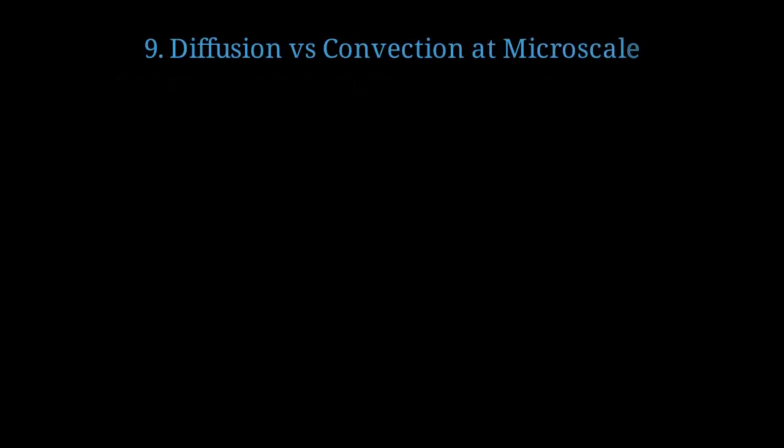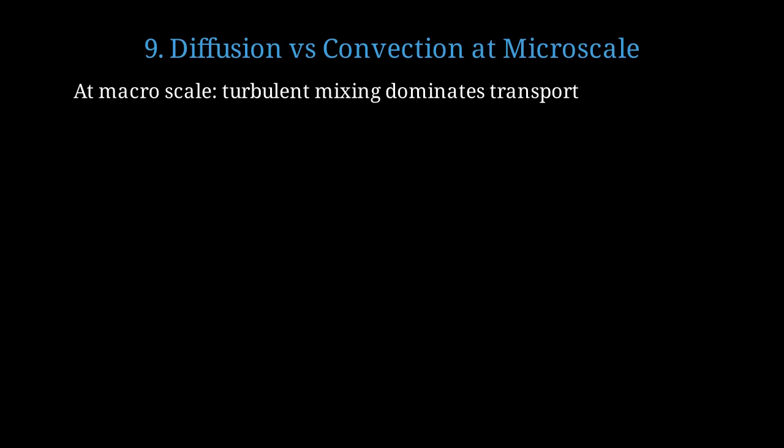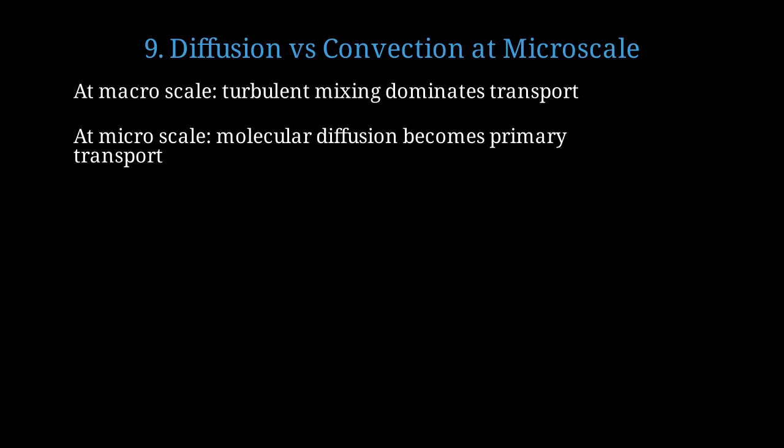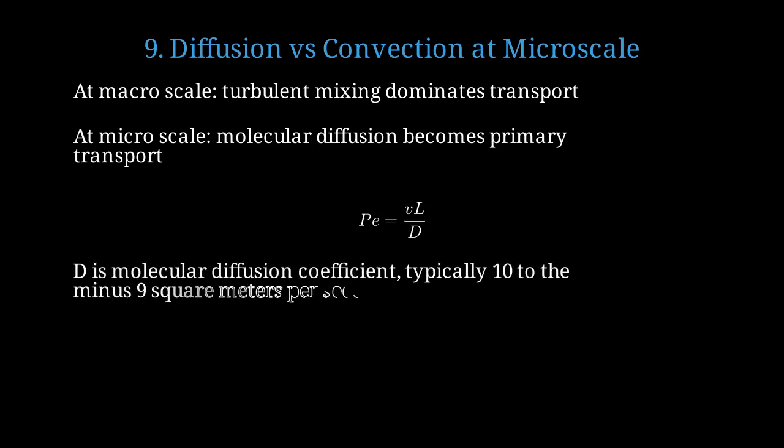Another crucial aspect of the microscale paradox involves how substances mix and transport. At the macroscale, turbulent mixing is the dominant mechanism for transporting substances and mixing fluids. At the microscale, molecular diffusion becomes the primary transport mechanism, since turbulent mixing is absent. The Péclet number equals velocity times length divided by a diffusion coefficient, comparing convection to diffusion. D is the molecular diffusion coefficient, typically around 10 to the minus 9 square meters per second for small molecules